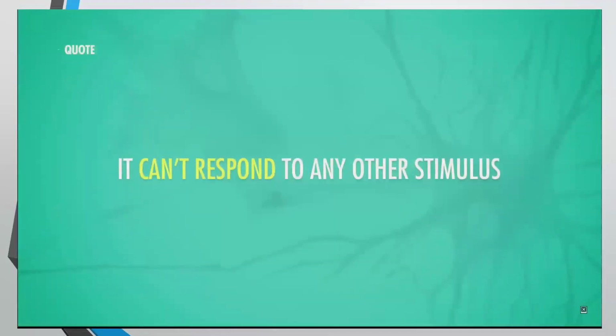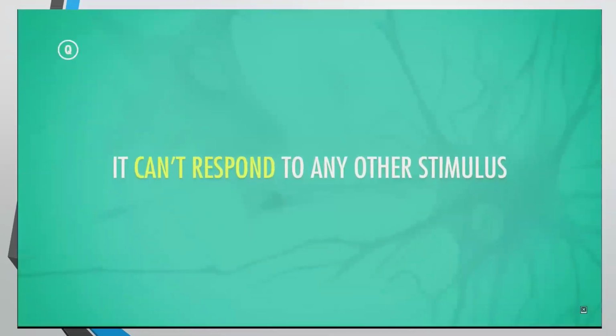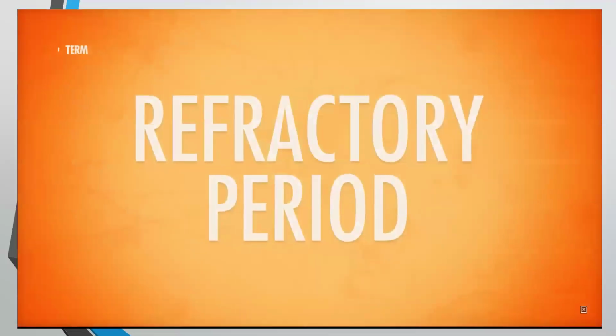Now, when part of an axon is in the middle of all this and its ion channels are open, it can't respond to any other stimulus, no matter how strong. This is called the refractory period, and it's there to help prevent signals from traveling in both directions down the axon at once. So that is the surprisingly simple app that your nervous system uses to let you experience the